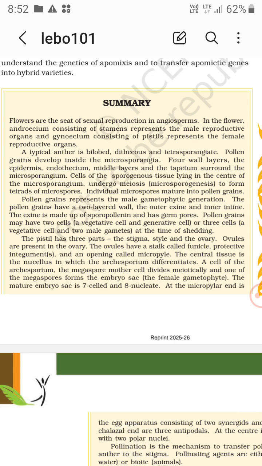Pollen grains develop inside the microsporangia. Four wall layers, the epidermis, endothecium, middle layers, and the tapetum, surround the microsporangium. Now the cells of the sporogenous tissue lying in the center of the microsporangium